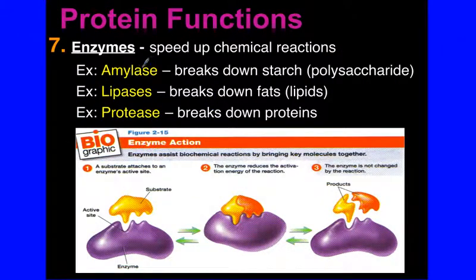And then the last function is, of course, enzymes. Now, enzymes work with our metabolism. They help speed up chemical reactions. Without these enzymes, we would not be able to,